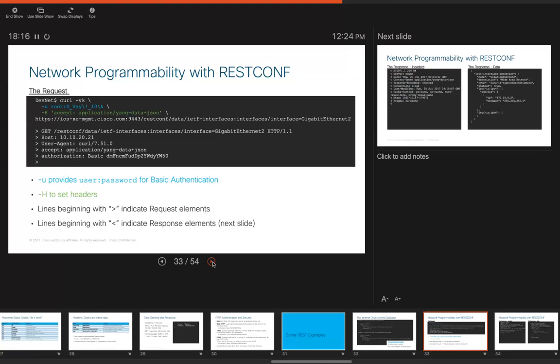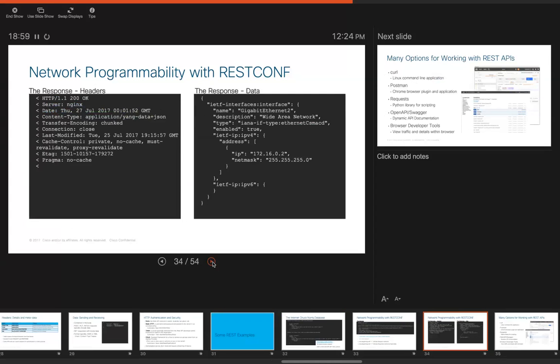On that blue section, that's where we're calling out a username and password. And in that green color, we're looking at some of the header pieces, the data that we want to accept back. And on the last line, we're calling out to this particular device, and we're asking for information around Gigabit Ethernet 2. Below that, you see these greater than signs. All of those are part of the request header that's being sent out: the GET request, some other accept information, and some authorization information like we talked about, that encoded string of username and password, being sent across the header.